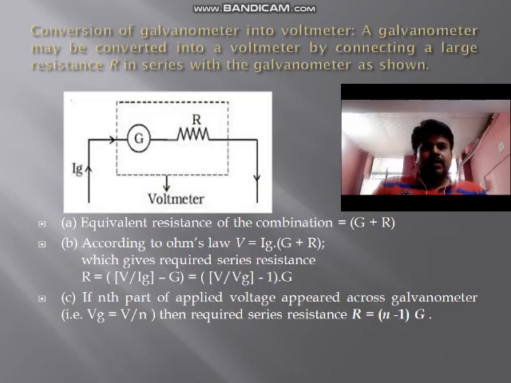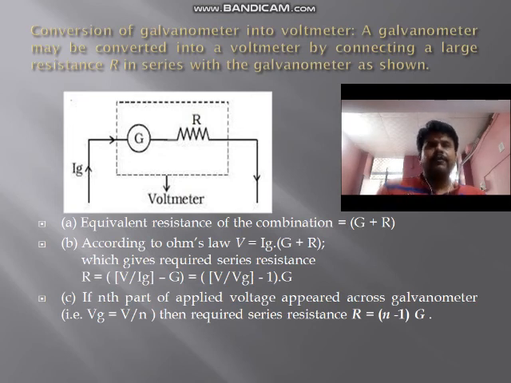Till now, we are well aware of the topics galvanometer and voltmeter. The galvanometer is a device used to detect a small current in the circuit, and the voltmeter is a device used to measure the potential difference across the various elements involved in the circuit. Here, you are going to learn how a galvanometer can be converted into a voltmeter, which can easily be attained by connecting a large resistance R in series with the galvanometer coil G, as shown in the figure.